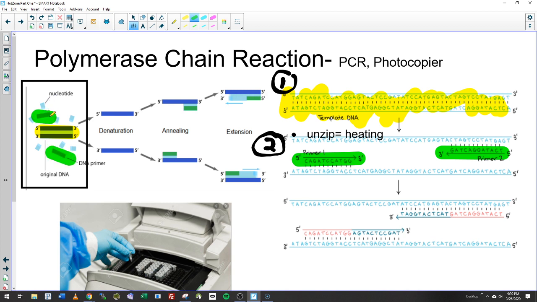And then once I lay the primer down, in order to make this work, I have to have primers that are going to be laid so that I can extend. I'm also going to have to add in some nucleotides. So these are nucleotides, and it's going to be a mix of nucleotides that I can then use to extend and build. So actually, this area over here that I'm highlighting in pink is going to be built from all of these little pink